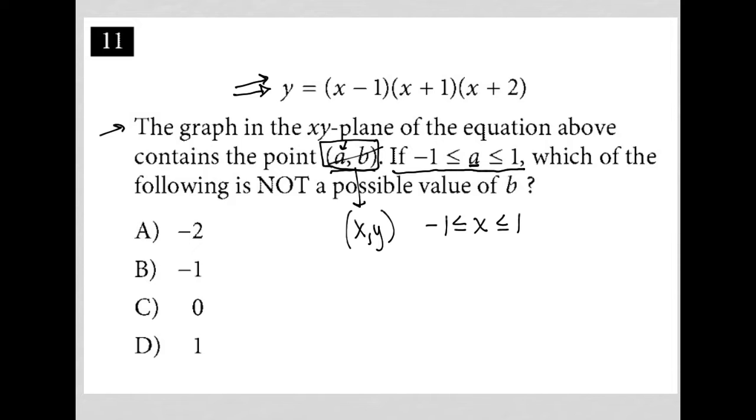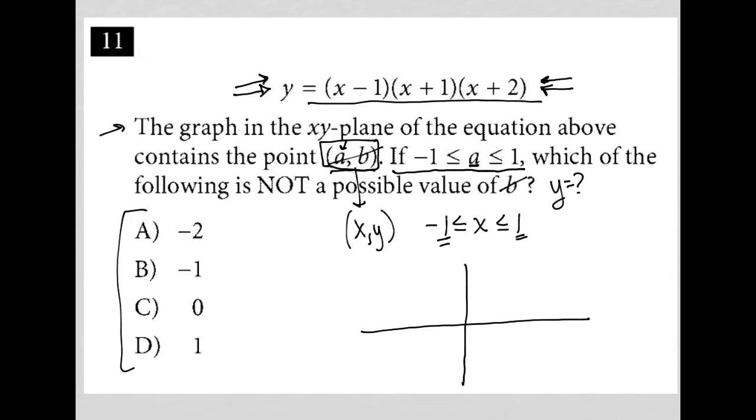Okay, so a couple of things. I can plug these x values into the equation and solve for y, because whatever y equals when I do that should be crossed out from this list of options, because that would not represent a y value that is not possible. Oh, and that's right. So value of b, really we're just saying value of y. So I'm just converting all my a's to x's and all my b's to y's, basically. This also just looks like something I should graph, to be honest. And when I graph this,